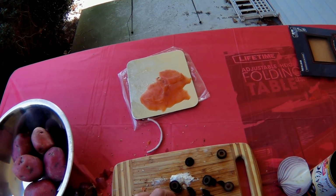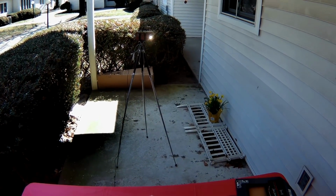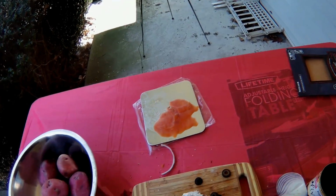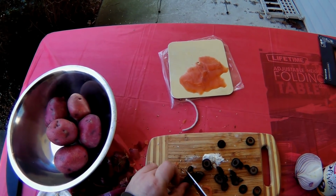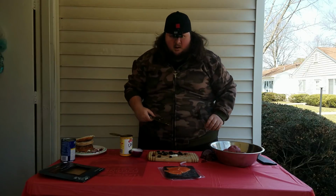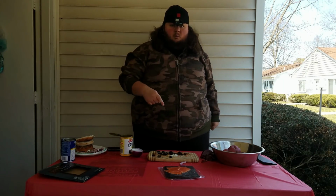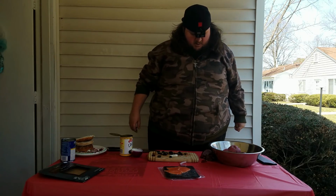Alright, for one small bagel, I feel like this should already be enough. One more. Now, before you guys think that I'm fatter than I already am, I am not eating both of these bagels right now. One of them is lunch, next one's going to be dinner in a few hours. So,